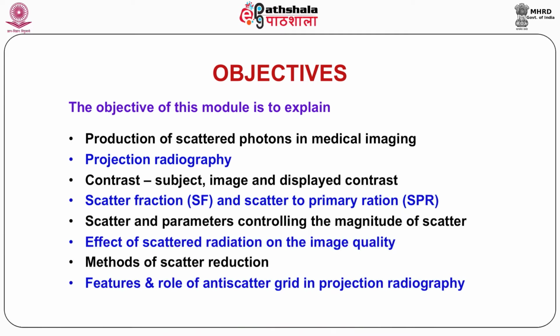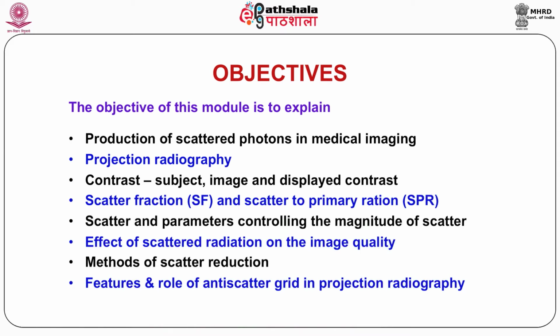Number 1, the production of scattered photons in projection radiography. Generally in medicine, but here we will specifically talk in context of general radiography. What is projection radiography? Contrast, that is subject, image and displayed contrast, a scatter fraction SF and a scatter to primary ratio SPR, magnitude of scatter and its dependence on imaging variables such as X-ray energy, field size, patient